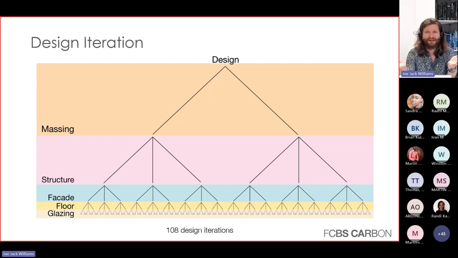if you imagine we had 2 simple designs, and we had to work out which one was best. Now, we never have 2 simple designs in FCB. I looked at a project the other day, we had 30 different designs for the same project. It happens. I'm sure if there's any architects on board, you'll recognize that. So what we have, just as an example, is 2 different massings. We might have 3 different ways of making a structure, 3 different facade materials, 3 different floor materials, and a couple of different approaches to glazing. That would give us 108 design iterations.